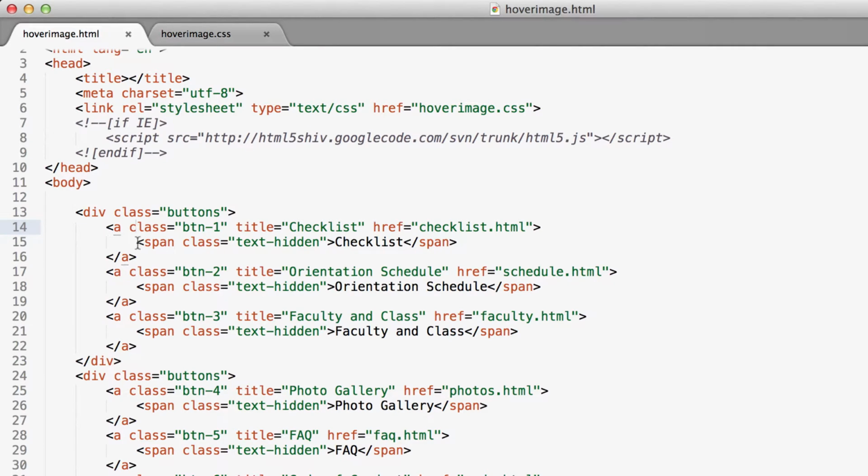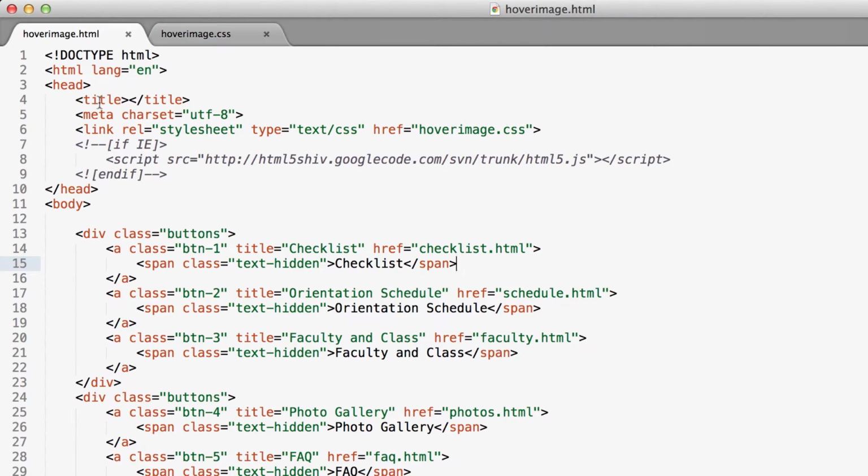One thing I have done within each anchor tag is I've put a span with a class of text hidden, and then I've put the text for that link between those two span tags. So what I'm going to do is actually hide the text, but I still want it to be there for accessibility purposes. Now I don't have any styles on here right now, although I am linking to a style sheet,